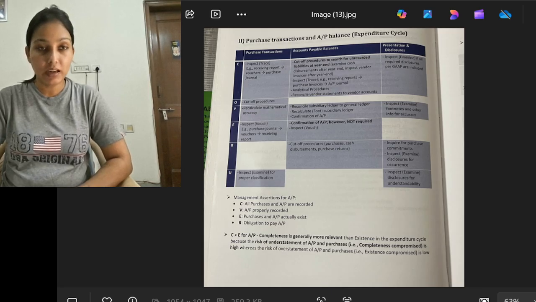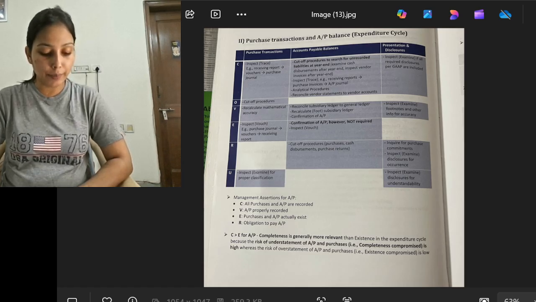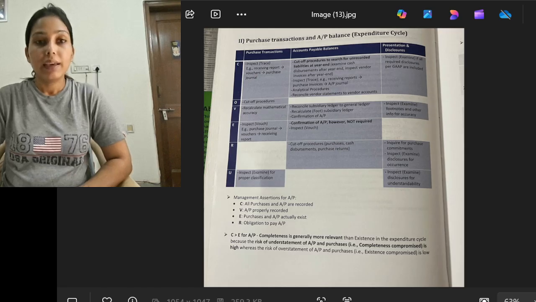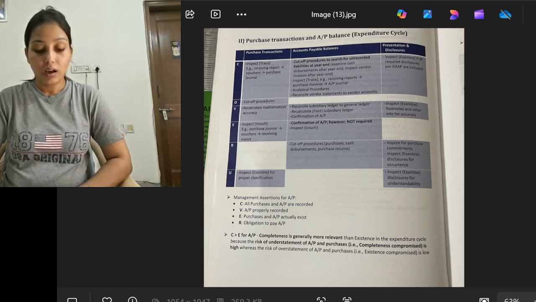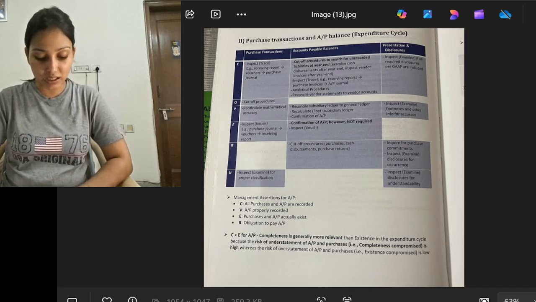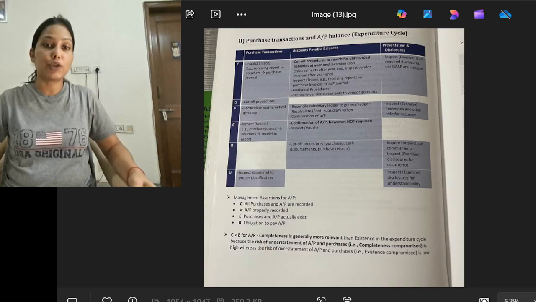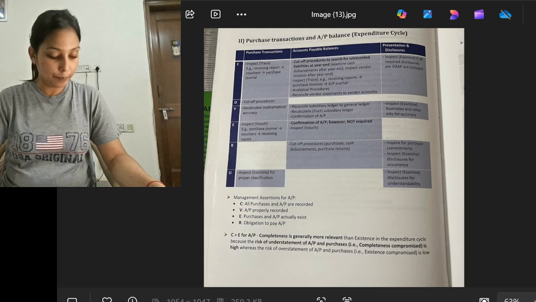Confirmation of accounts payable, however, is not mandatory, and inspection or vouching is done in that case. Also, the cutoff procedure is performed where purchases, cash disbursements, and purchase returns are verified. In the case of presentation and disclosure, the auditor examines whether all the required disclosures per GAAP are made, whether proper footnotes are mentioned, whether proper classification is done, and whether proper understandability is achieved. So these are the assertions that should be kept in mind for AP and purchases or expenses.